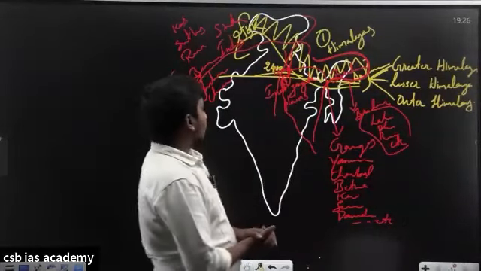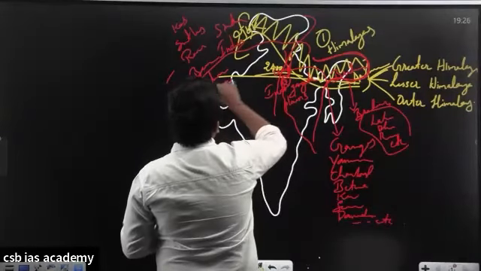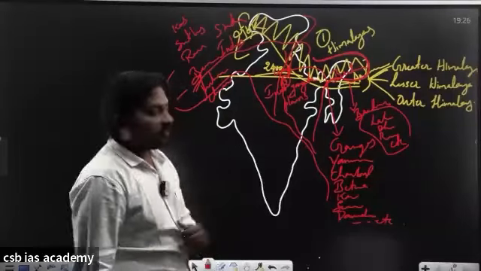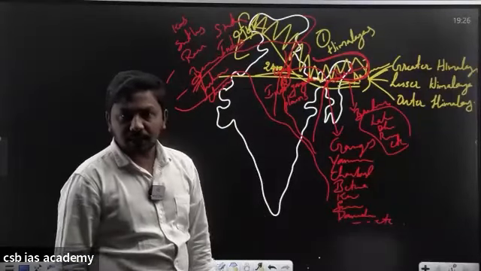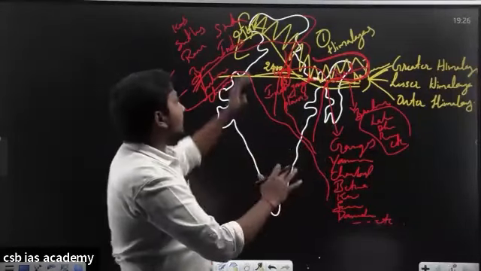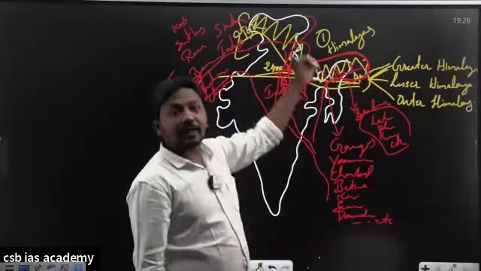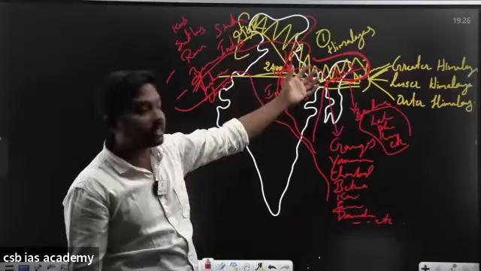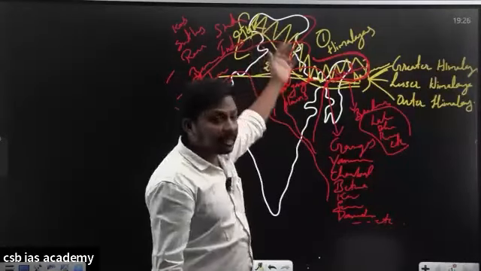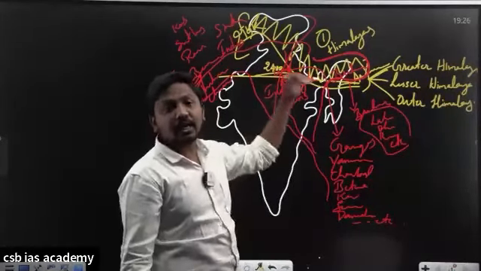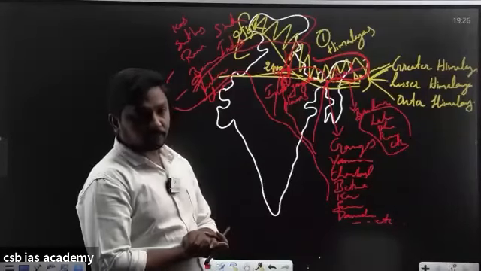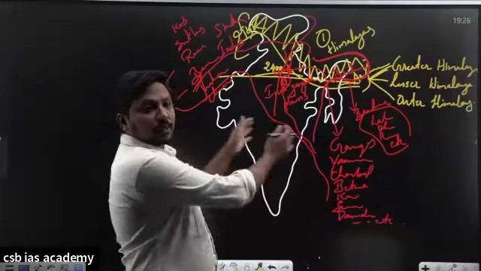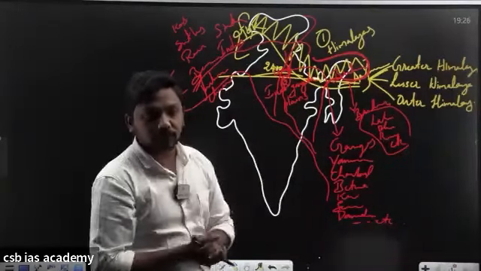Now, look at the board. Here, the second most important physiographic division of India is Indo-Gangetic plains, which is located in the northern part of the country and which emerged because of the Himalayas, the glaciers, and the melting of these glaciers. These rivers originate here, and they are forming the plains in the northern part of the country, right? And there are a few other rivers also in peninsular India. When we discuss the peninsular plateau, we will discuss them.